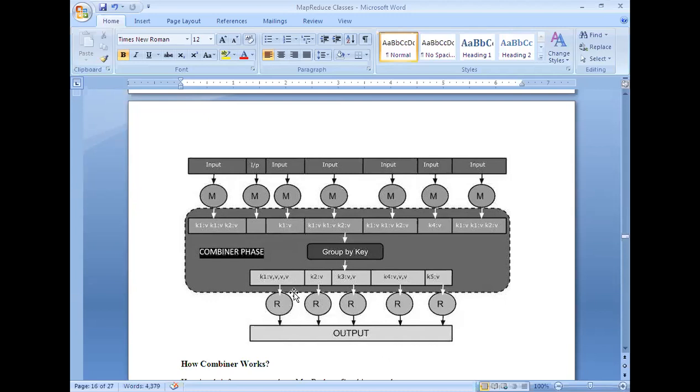Instead of that, we are able to minimize it to 5. Instead of 16 transmissions, we can minimize it to 5 transmissions, so that it reduces the traffic between these two, the too many communications between mapper logic and reducer logic. That is the advantage of the combiner phase.